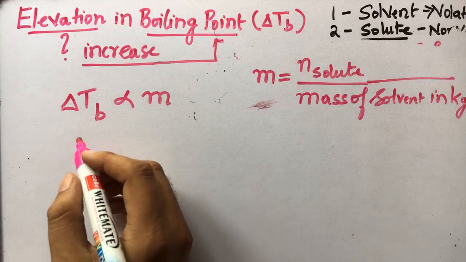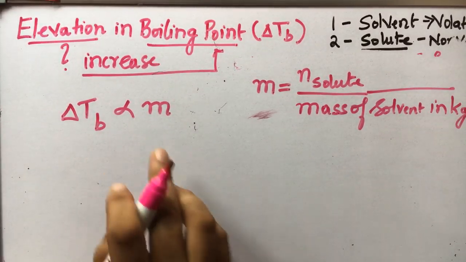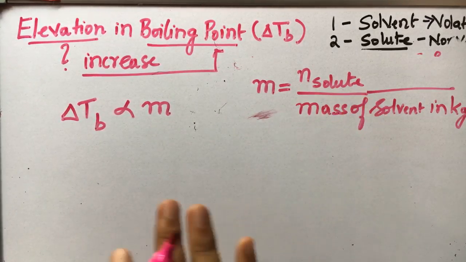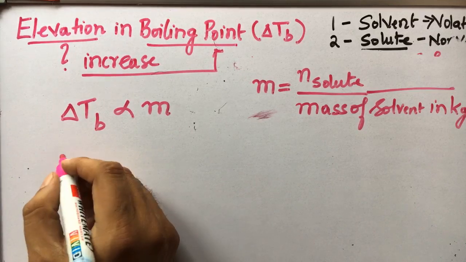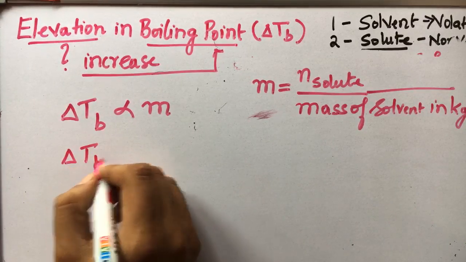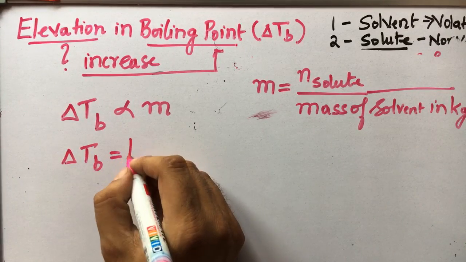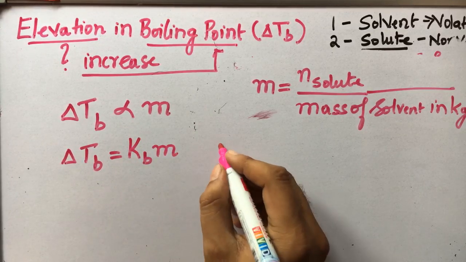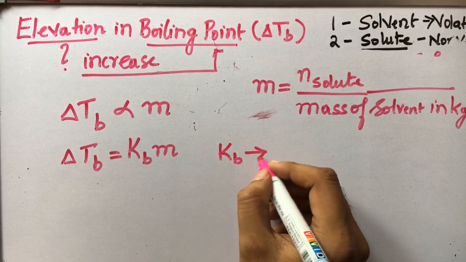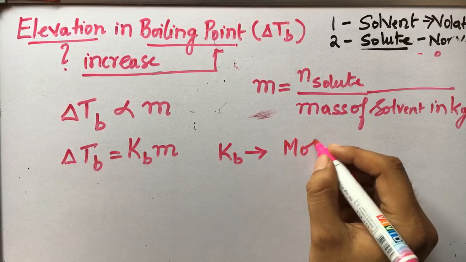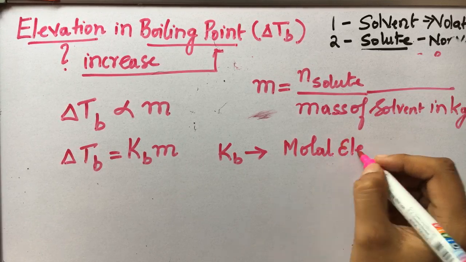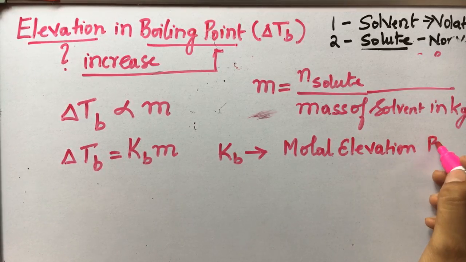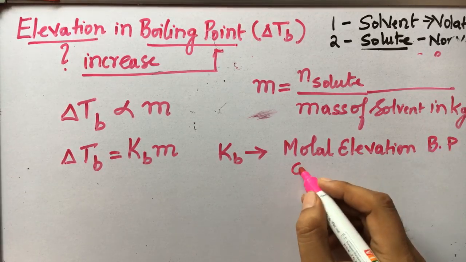So now, delta TB is experimentally found to depend on molality. If molality is more, the number of moles is more. If the number of moles is more, blocking of the surface is more. So now delta TB should be equal to some constant. Let me call this Kb, into m. So now this Kb is called the molal elevation boiling point constant,